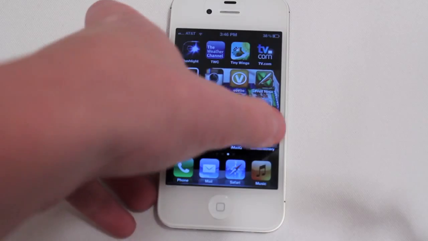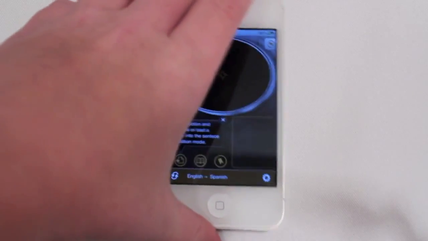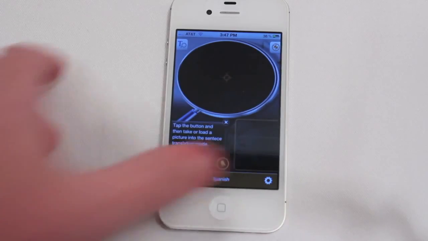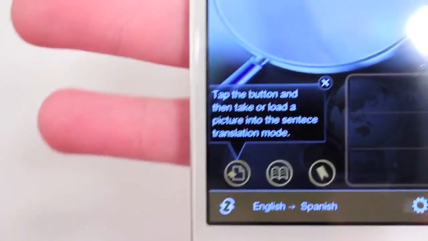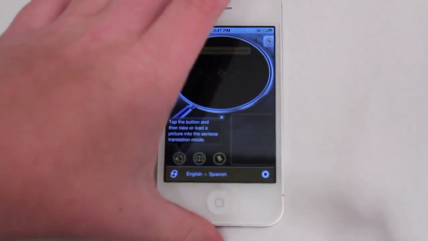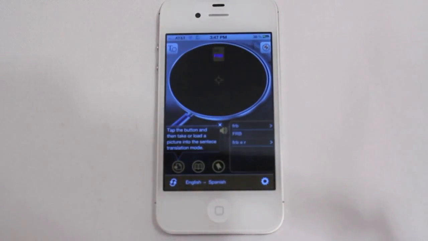Let's get into it. You first touch into it, you're greeted with this small screen, and then you have this magnifier right here with some text saying, tap the button, then take or load a picture into the sentence translation mode. So what this does is you can put a word up to the magnifying glass using your camera on your iDevice if it has a camera, and it will translate the word, or hopefully it does. I will get into the pros and cons to this application later in the video, but let's see if the